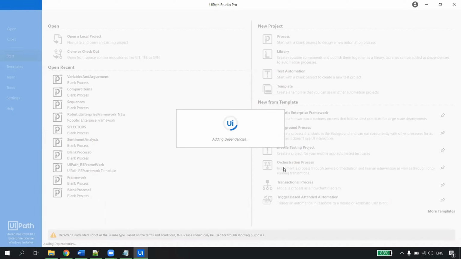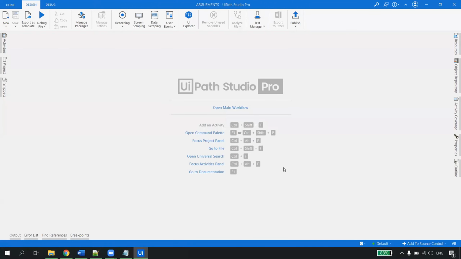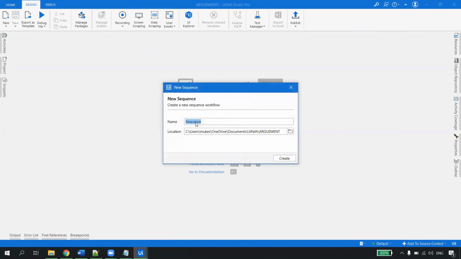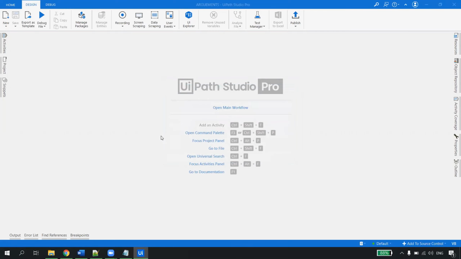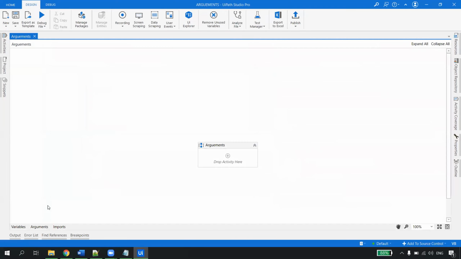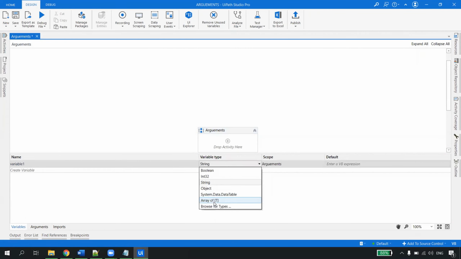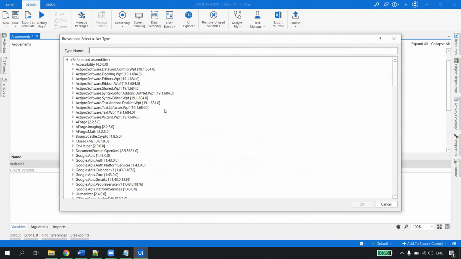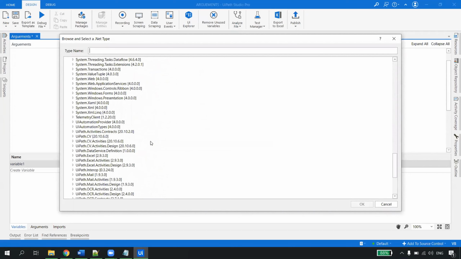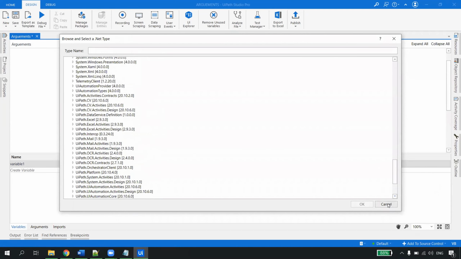But if I go to UiPath, there is an option called browse, right? In the browse you can have any type of variable. So let me go ahead and create a new sequence. We'll talk about arguments today. See, when we talk about variables, it is not only restricted to integer, char and so on. Whenever we go here, there is a browse for type. So we can always have this many types of variables, any type of variable for that matter, which is available in .NET.